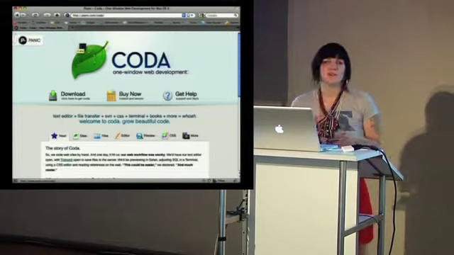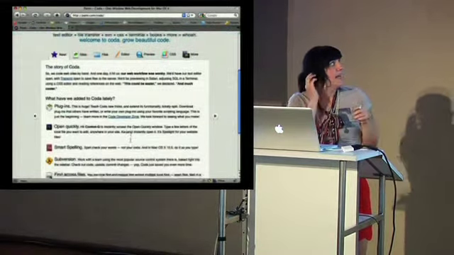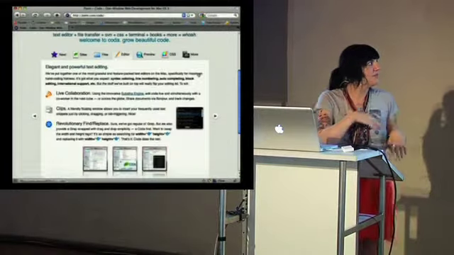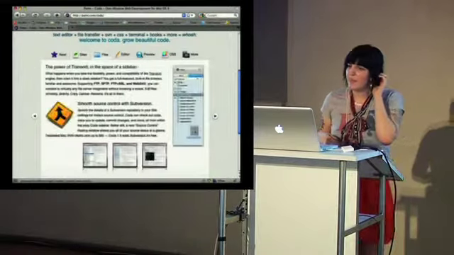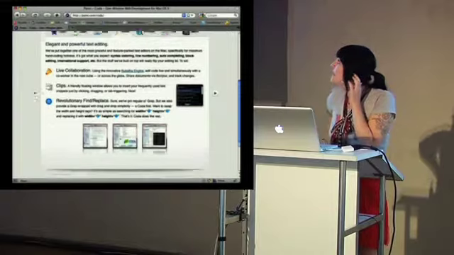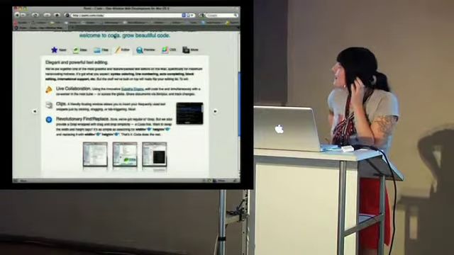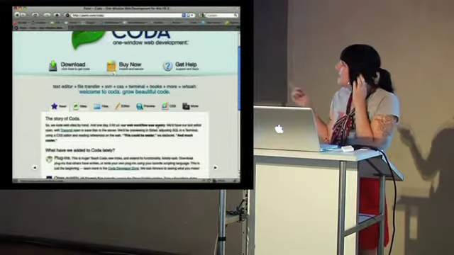My text editor of choice is Coda. I love it. I think it's fantastic. And this is their website, and you can browse through to see the stuff it does. It's got this nice, neat interface. You can use the arrows to scroll through or the tabs. And then when I disable JavaScript and refresh the page, I can still get to the content.